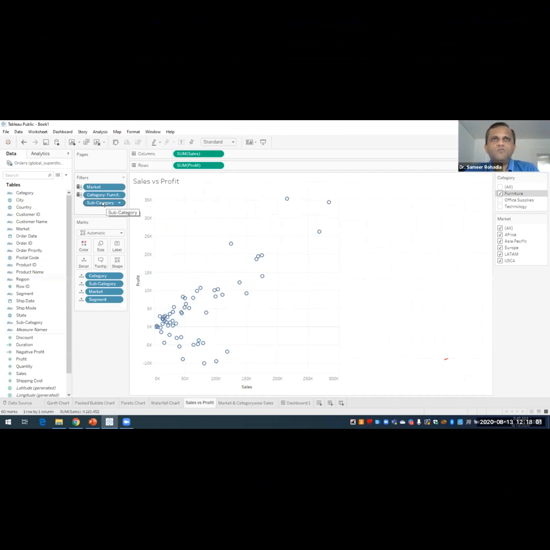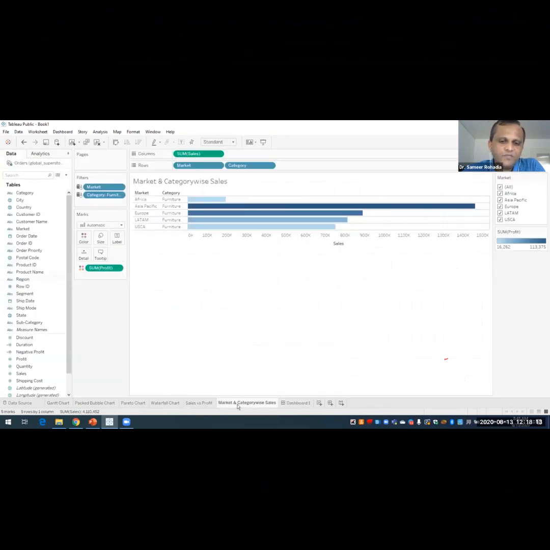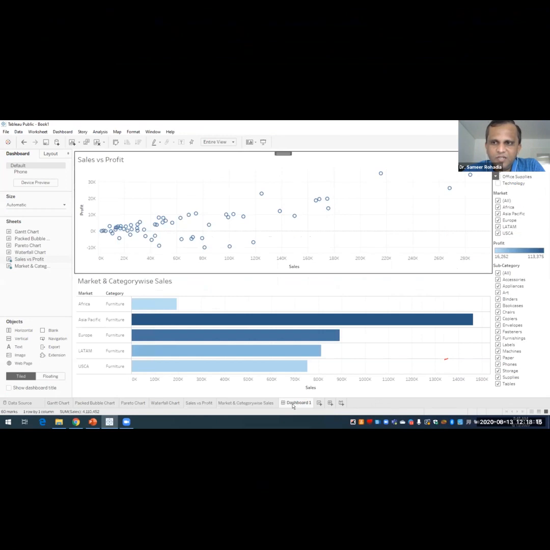So this is a very, very important point: whatever changes I make in this dashboard, the individual charts will also change accordingly.